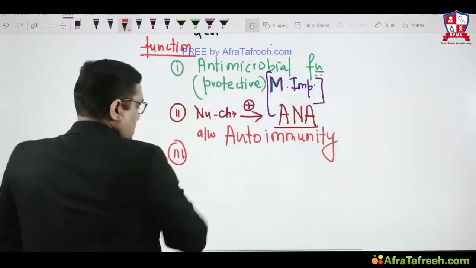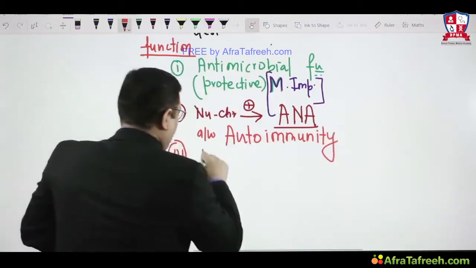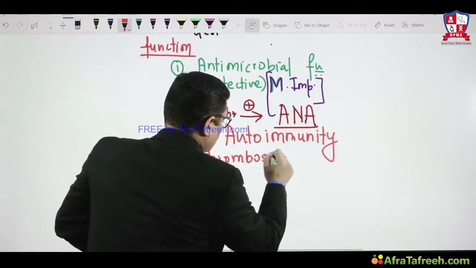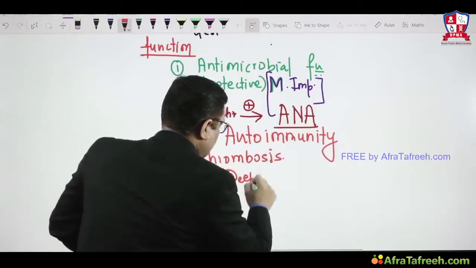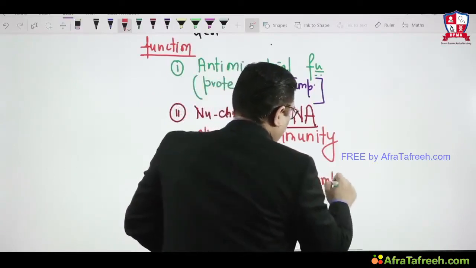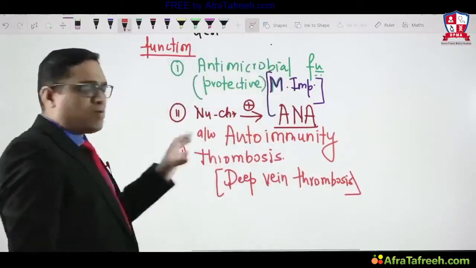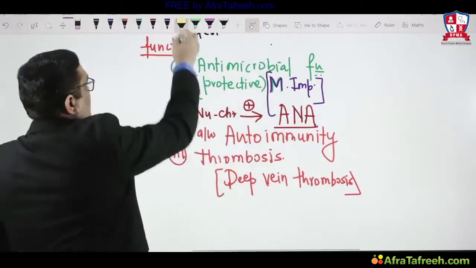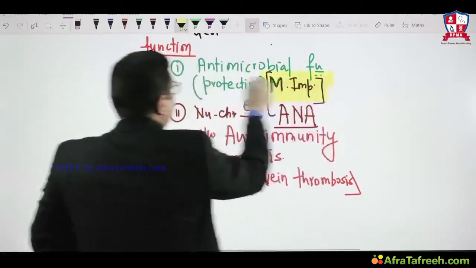Third thing, they can induce thrombosis also. NET can induce thrombosis, and that is why they are also associated with deep vein thrombosis. So these are the three important functions of the neutrophilic extracellular trap. But out of these three, what we need to remember is that the most important function is the antimicrobial function, which